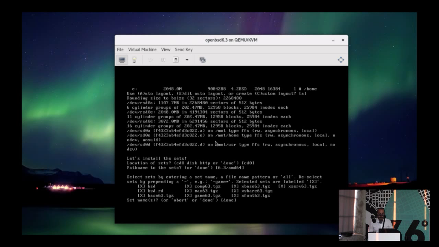And now it's asking us which packages we'd like to install. We definitely need the bsd and bsd.rd, the base, the comp 6.3. The thing we don't need is the X server. There's some things that do require some of the X parts. That's why they're broken down into their own little thing. But we can turn off the X server since we're not going to be using it. And to do that, all we have to do is set a minus and go x server, I believe. Yes, xserv